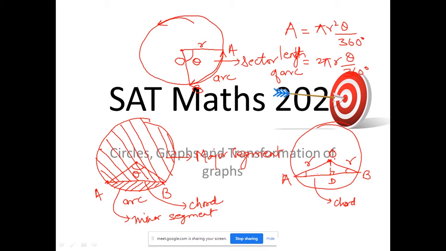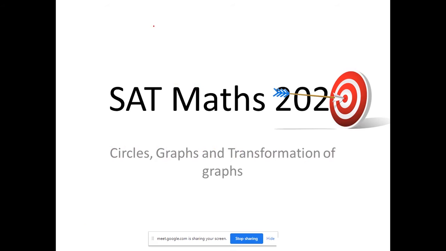That is, let's call it point D. Okay, the perpendicular drawn from O bisects AB at D. In that case, AD would be equal to DB. Right? AD would be equal to DB. Okay. There are a few other properties about the circle that you should be aware of, and they are